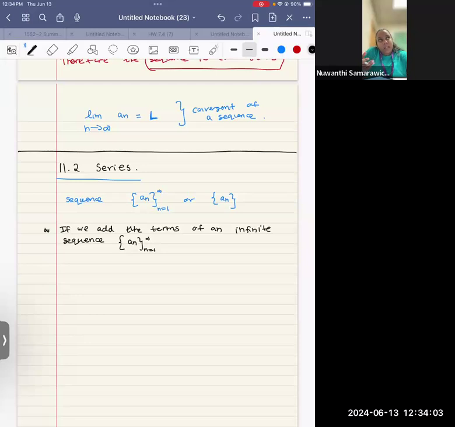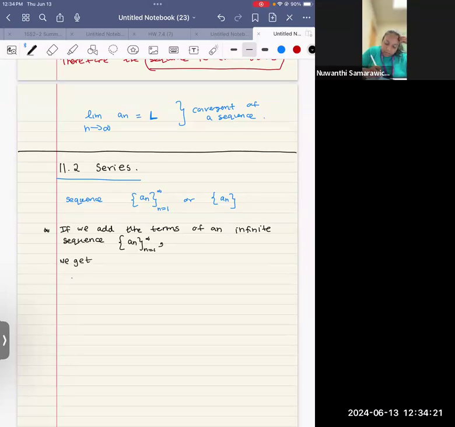In the last section, we did only the sequence. We did only the n-th term of a sequence. Here, if we add all the terms in the sequence, then we get